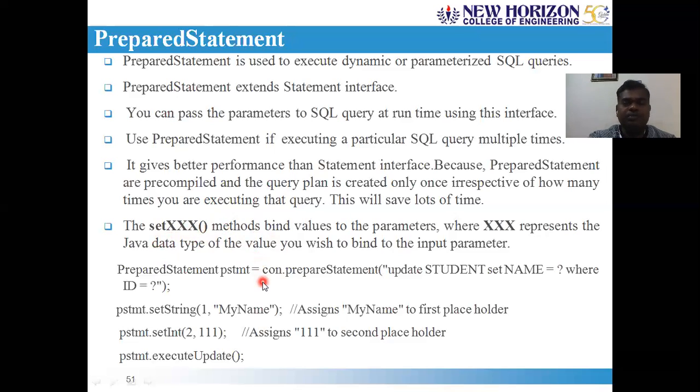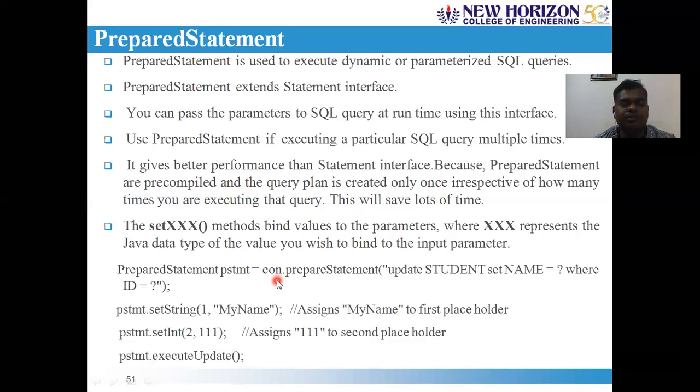Here we go, the example of the prepared statement. You have a connection. Again, 5 steps: loading the JDBC driver or registering the driver class, then create a connection, then get the statement objects, then execute the queries, close the connection. Now we're at the third step of the JDBC process, that is creating the statements. Among that, we have 3 types of statements: statement, prepared statement, and callable statement. Now we are focusing on the prepared statement. How do we get the prepared statement object?